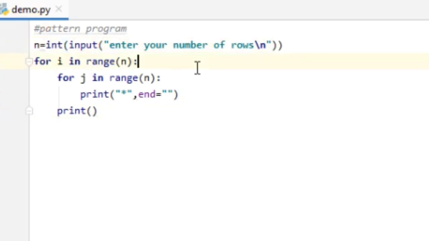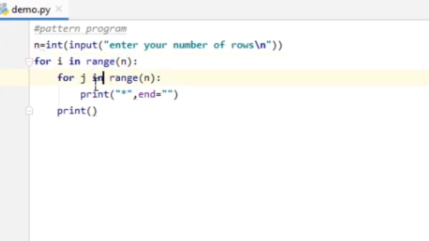After that we have to write the for loop. You know the for loop syntax: for, and then you write the variable. I chose the variable as i, and you have to mention the range of the variable. I mentioned the range as n because we are taking the input from the user.